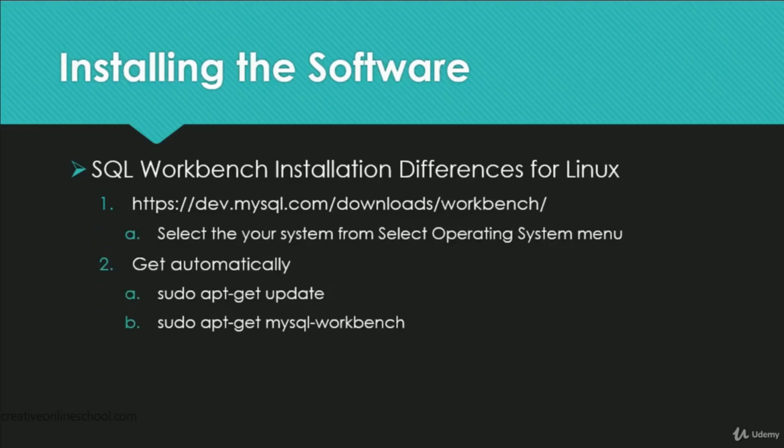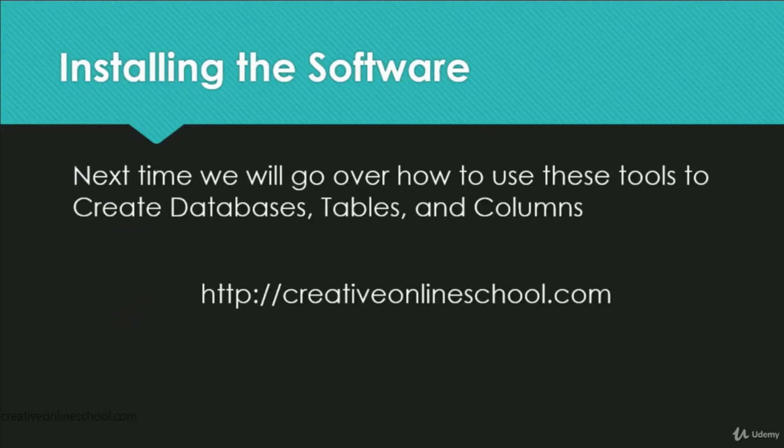If you're on Linux, then you can get the download for Workbench by selecting your system from the Select Operating System menu, but you can also get it automatically. All you have to do is type sudo apt-get update, hit enter. Quite a few things may load depending on what updates you need. Once that's done, type sudo apt-get install mysql-workbench, and it should install it for you. That's it. Now that we have all the tools installed, next time we'll go over how to create databases, tables,